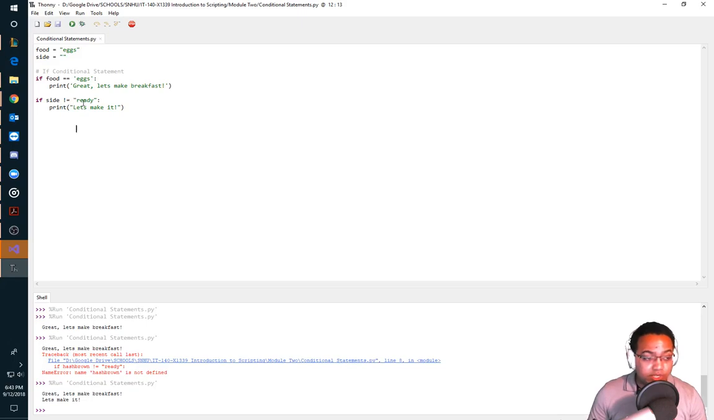Side does not equal ready. Side equals empty string, or nothing. There's nothing in the string. We call that empty string. So let's talk about another Boolean operator. So this is the is not operator. This is the is operator, or equal to operator. There's another operator. Let's say